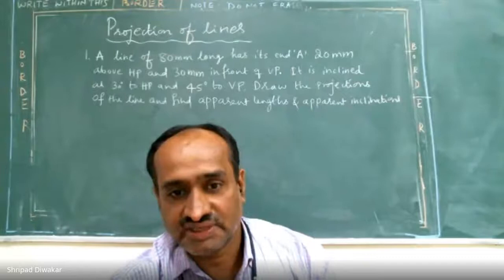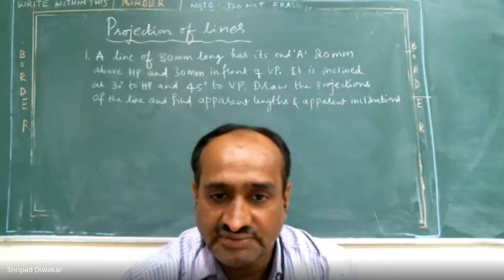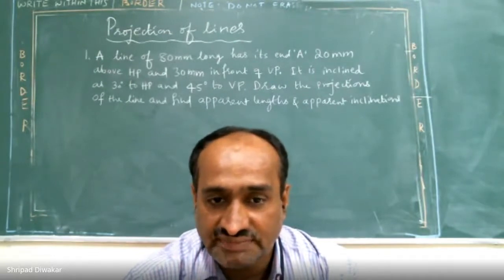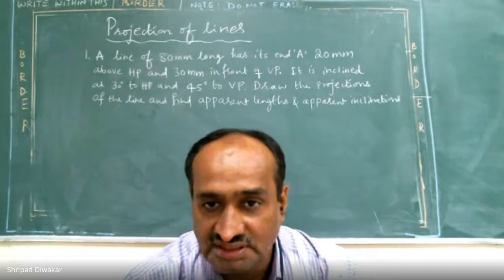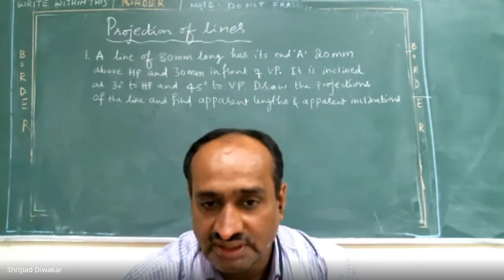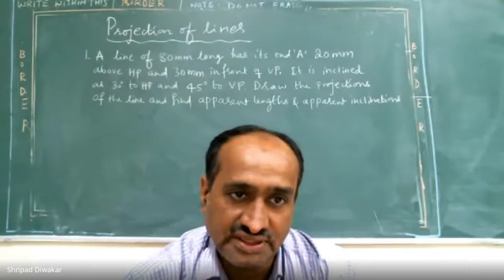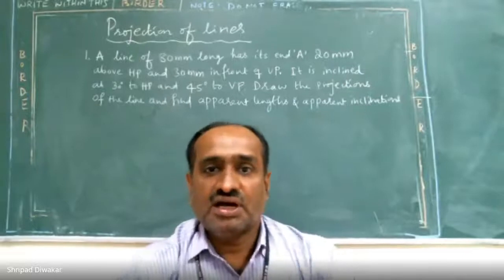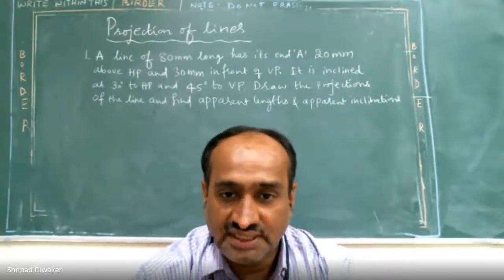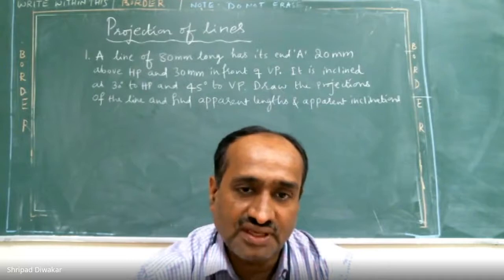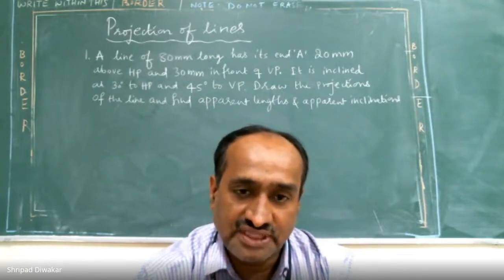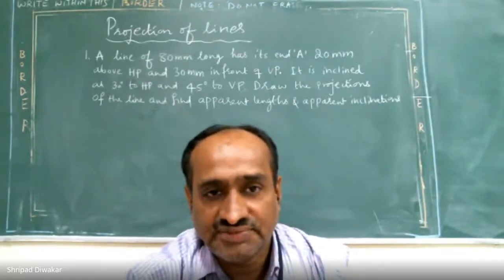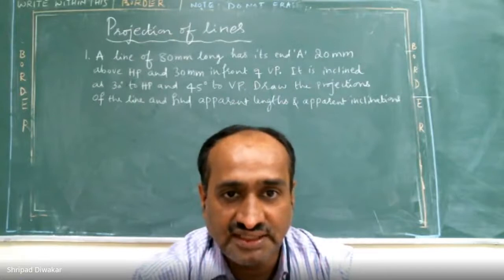So all the straight lines whatever we are dealing with, we are dealing with the first quadrant only, that is first angle projection. The front view is above the reference line and the top view will be below the reference line. All the straight line problems we are going to deal with are first angle projections or first quadrant problems only. And here, in order to solve the problem, you remember, for any straight line problem we need 5 data. Suppose any one of the data is not there, in that case it is difficult to solve the problem. You understood? So first you search how many data are there in the given problem.